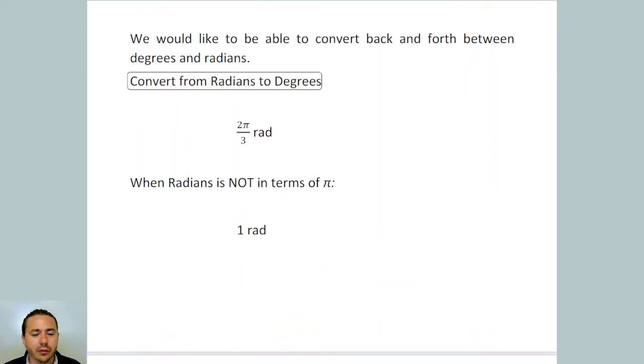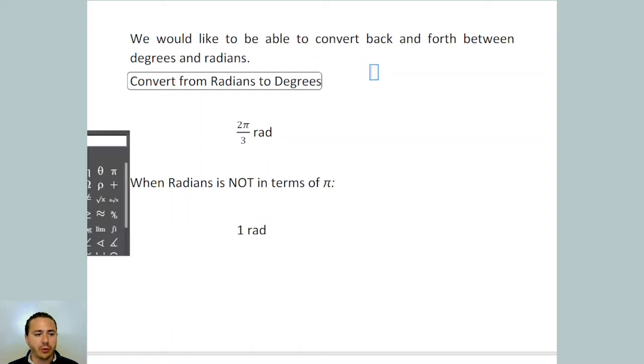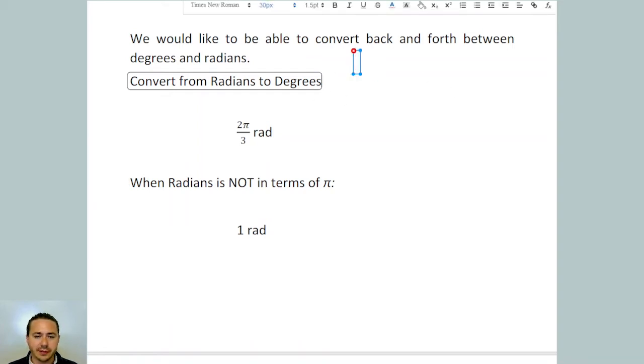Now, if your radians are in terms of pi, which most of the time they will be, then there's a real easy trick for converting from radians to degrees, because we know that 180 degrees is equal to pi